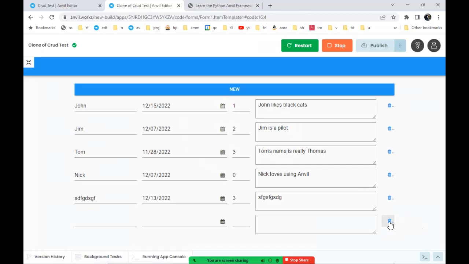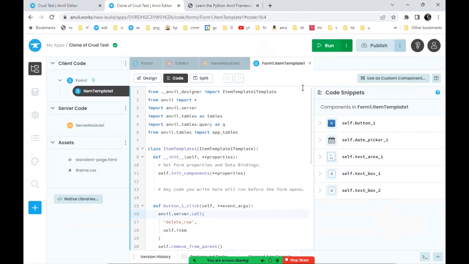Now let's click on delete. And there we go. We got a working delete operation. So the only thing left now to complete this app and move all of the database operations to the server